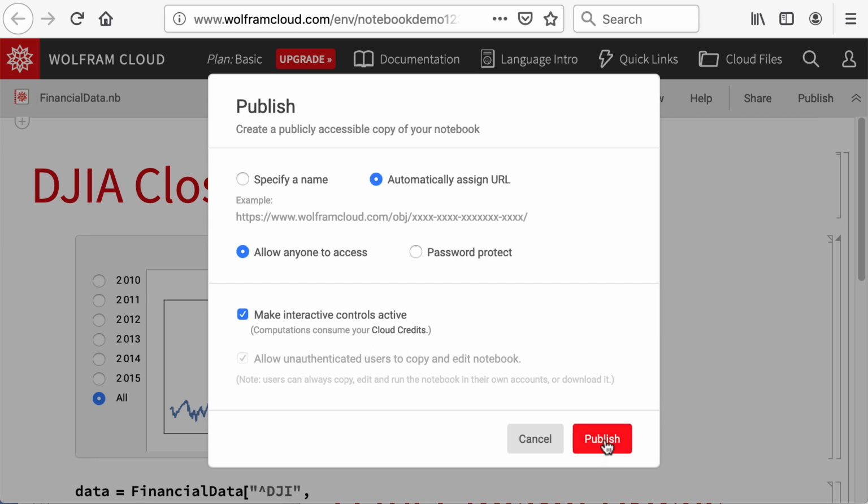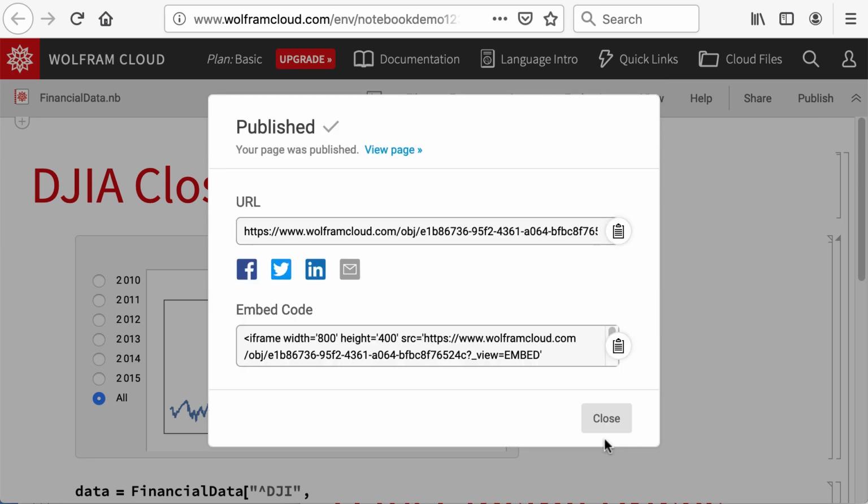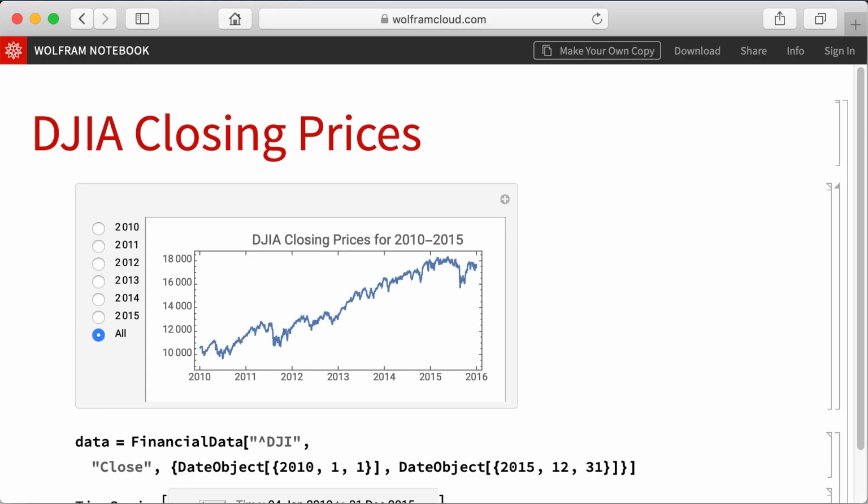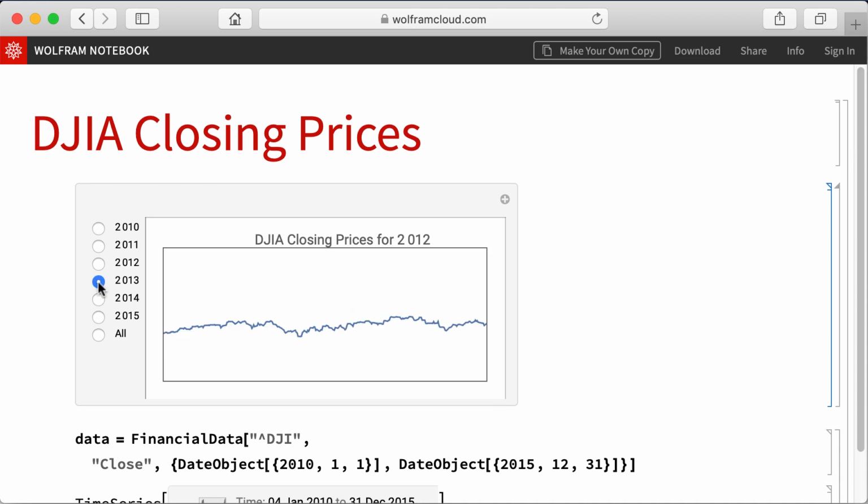Clicking the Publish button in that dialog box opens a second dialog box with a URL that anyone could use to view this notebook. To see the notebook, copy the URL, open a web browser, and go to the corresponding web page which displays the notebook in a web browser. The notebook can be viewed here in the web browser, and dynamic content also works, like the controls in this